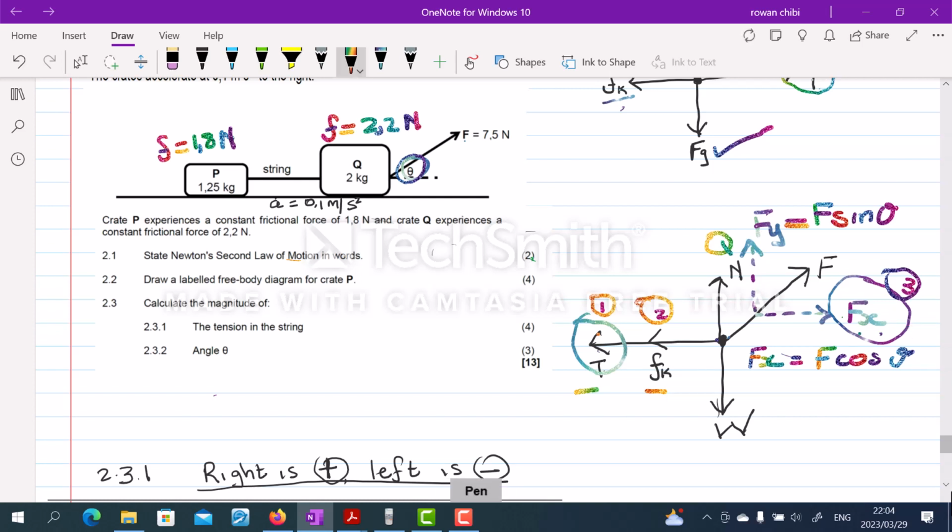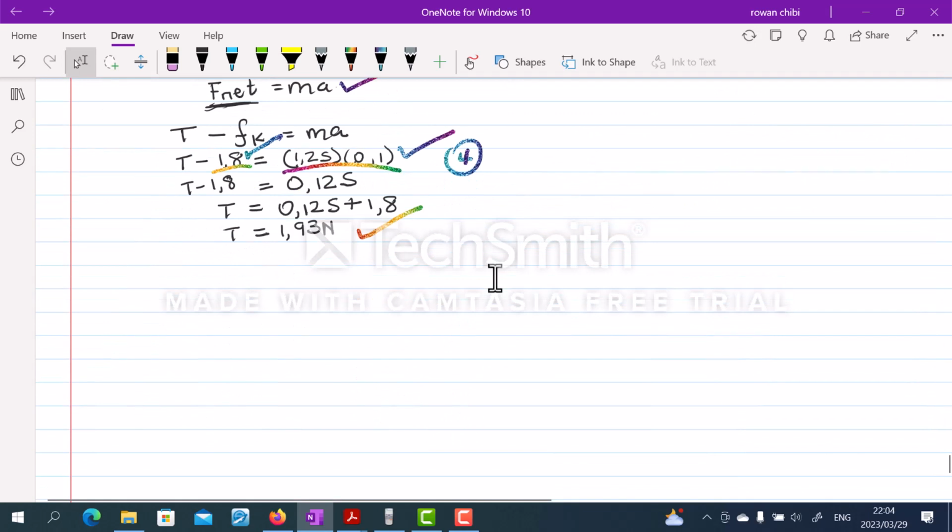So you must remember, right is positive. So let's go and do this one, 2.3.2. For 2.3.2, we have F net